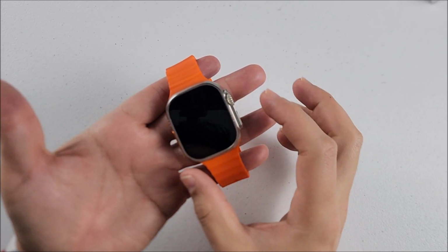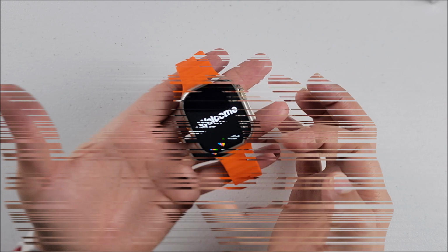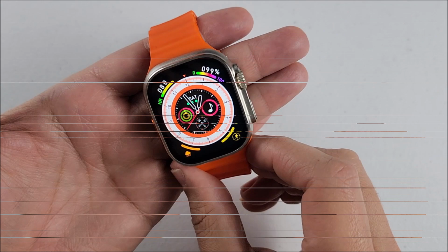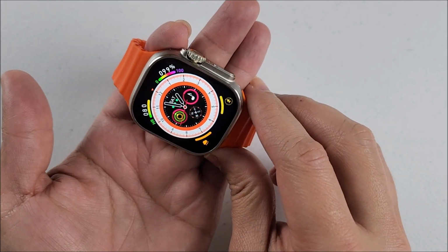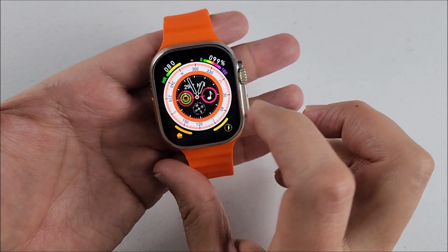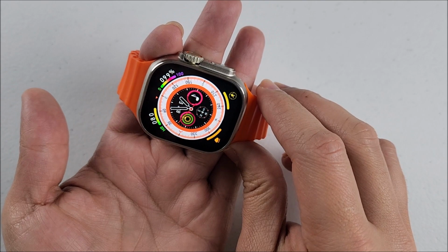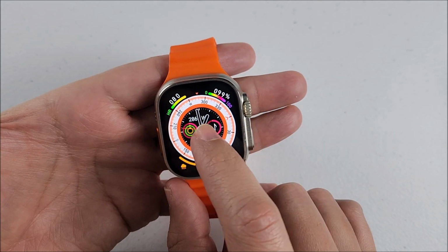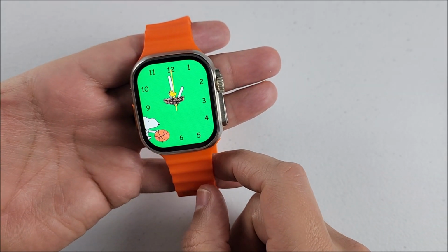For that, all we had to do is press on the crown, hold it for a few seconds. It says welcome. We come with tone, and that will be the first watch face. I think you can already see the compass moving right there, but if we touch right here, now the outside will move too. This Hk9 is equipped with a TFT 2.02 inch screen, Bluetooth 5.1,